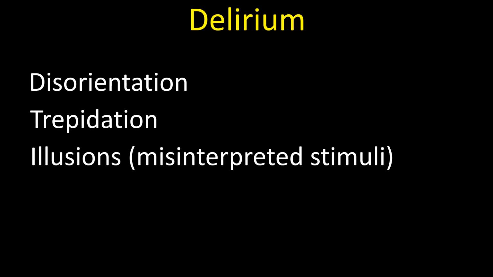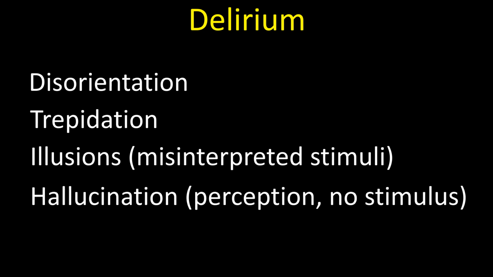The confusional state in patients with delirium manifests by disorientation, trepidation, illusions that result from misinterpretation of a stimuli, and hallucination, that is, incorrect perception not related to any